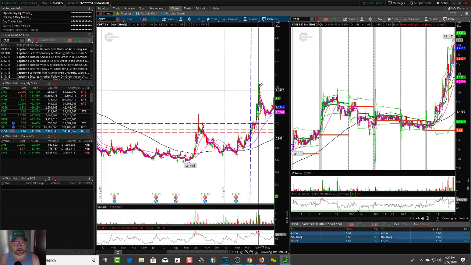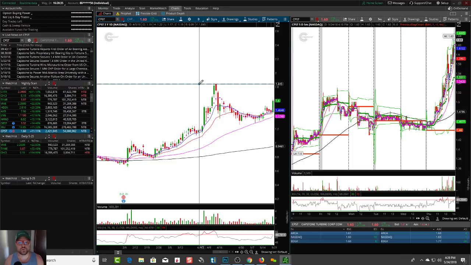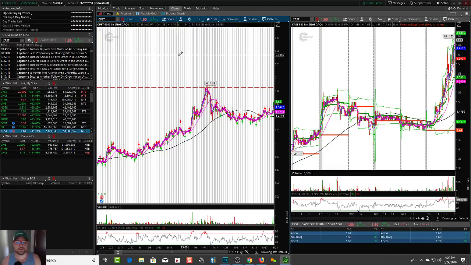So this one right here, CPST. This one is holding its highs on the day, which we like. You can see some resistance around 184. You have a potential 20-cent move before resistance. It is a lower priced one, so not bad. So you have about 20 cents to resistance. Might be a scalp.